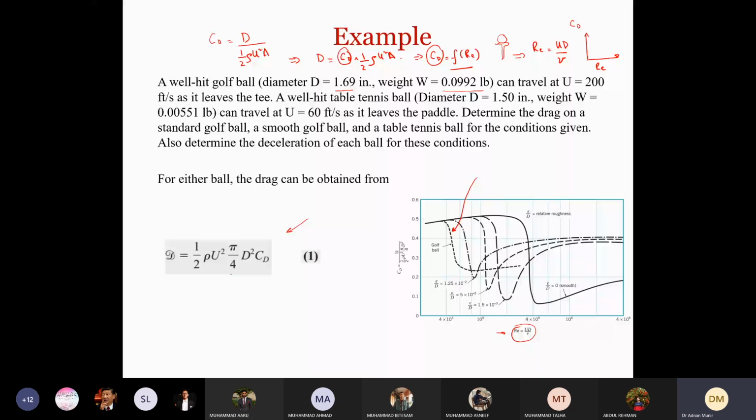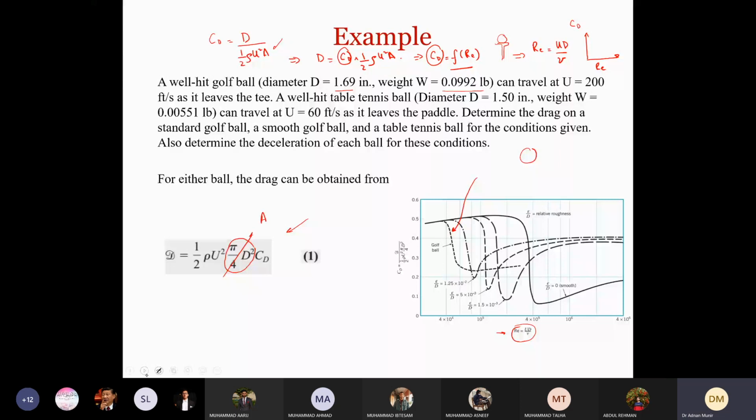Now in this case, you can see here that the area of the ball A is given as pi by 4 d square. This is the area that we use for the sphere, which will be the frontal area of the sphere. Because if you look at a sphere from the front view, you will see a circle like this. So this is the frontal area of the sphere, which we use to calculate drag. The results are shown for a sphere actually.